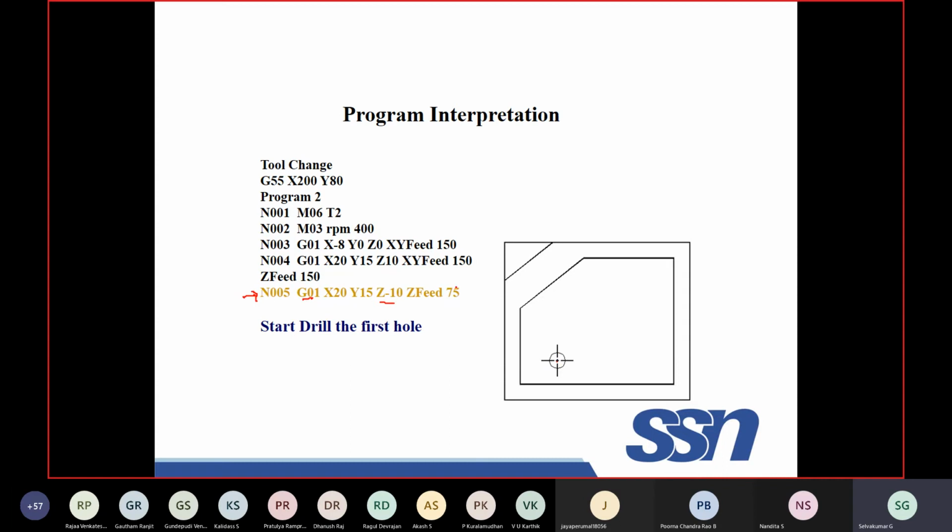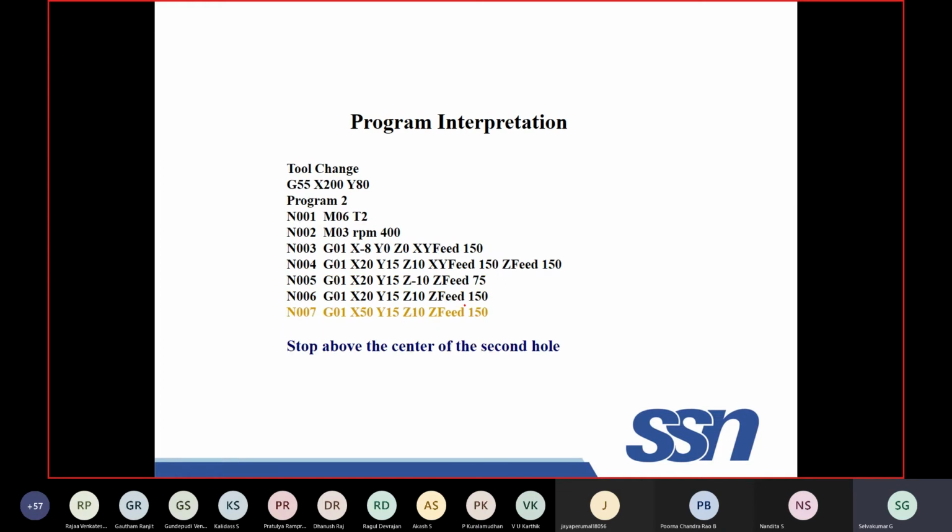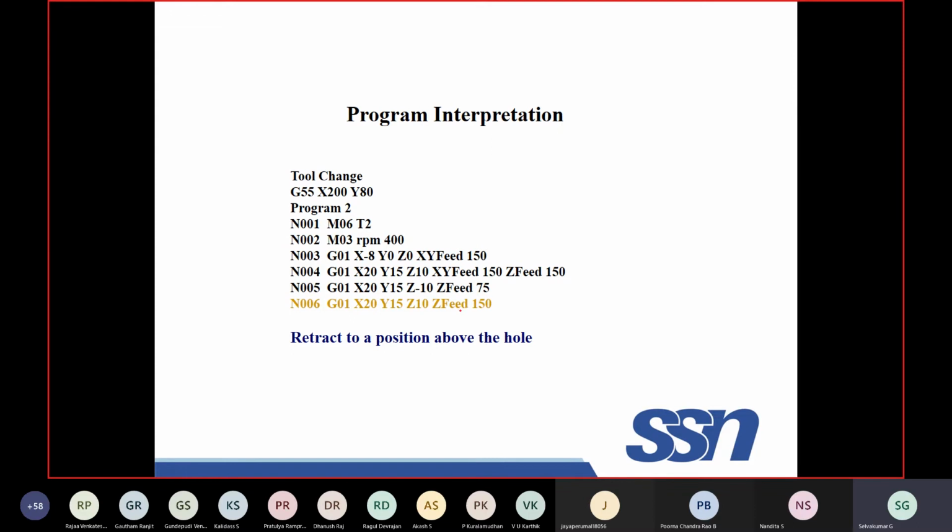Okay, depth of the circle is 10 mm. Feed rate is also given as 75 mm per minute or mm per revolution. Next, linear motion. Once the drilling is done, it is retracted. I mean, tool moves away from the hole.